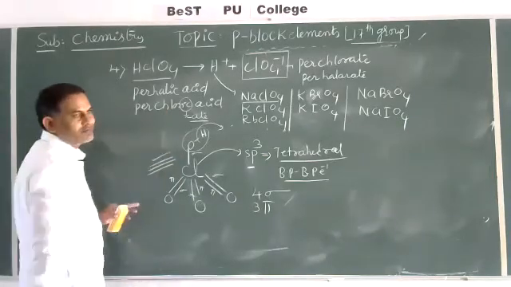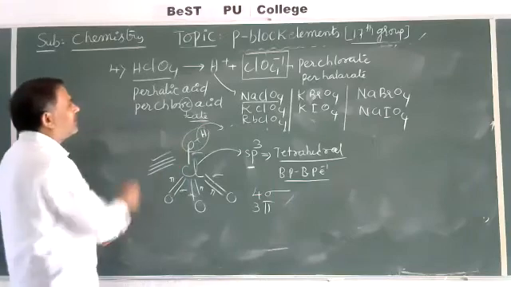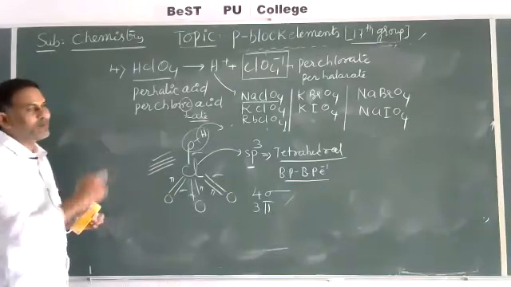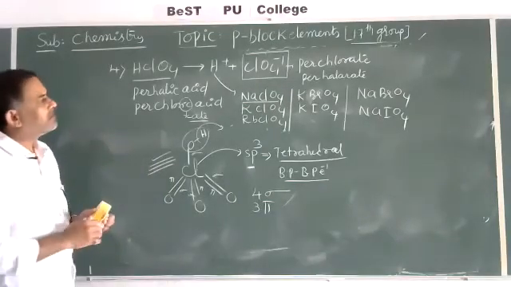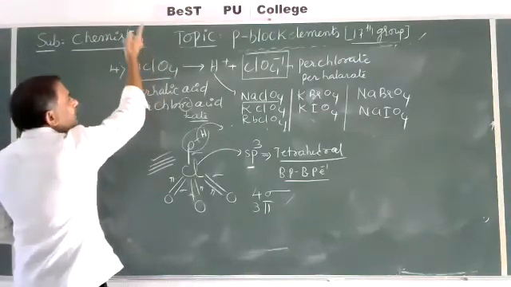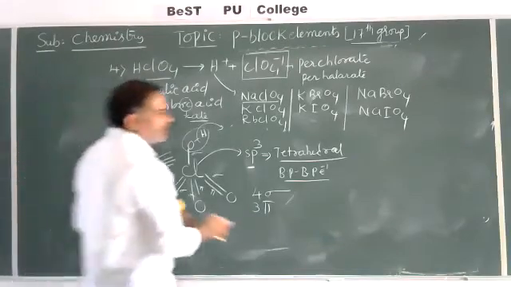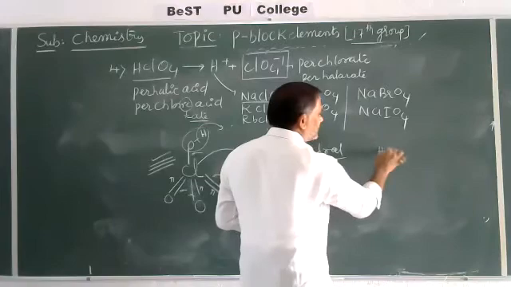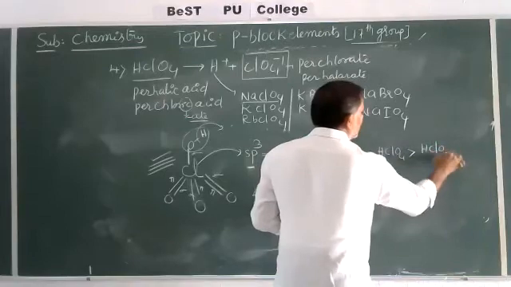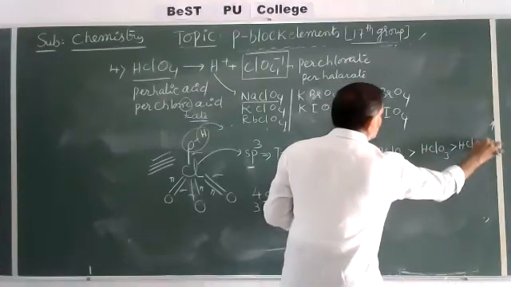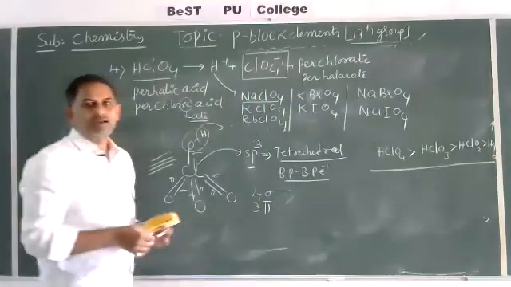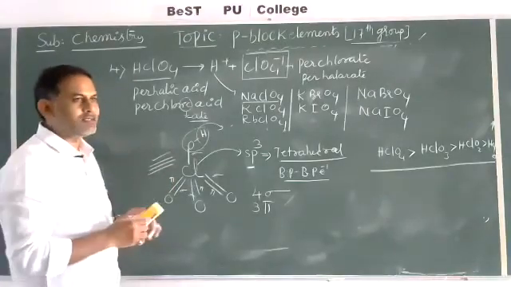Order already given. So these are some important points about oxo acids of halogens. Among all halogens, chlorine is the most important. That's why 4 important oxo acids explained, that is perchloric acid, chloric acid, chlorous acid, hypochlorous acid. Here are the 4 important ones. HClO4 is the highest, then HClO3, then HClO2, then HClO. These are okay. Remaining only one simple important concept is there, that is interhalogen compounds.